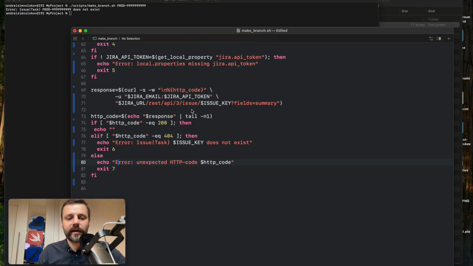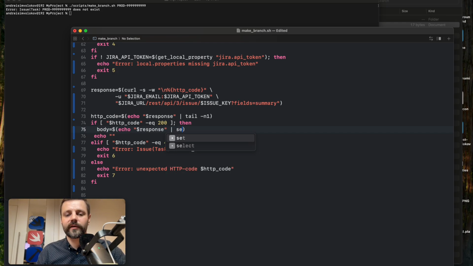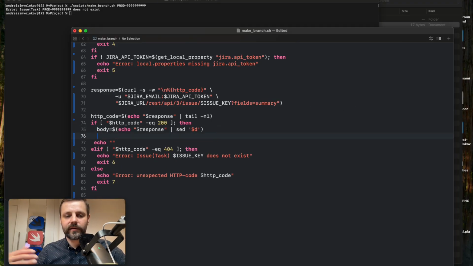All right, now let's actually extract the body from our response. So here we again are going to use the echo response. But this time we need actually to drop the last line. So let's use the sed $D. Right. And well, as I said, as you saw, the body is the JSON, and we need to get the